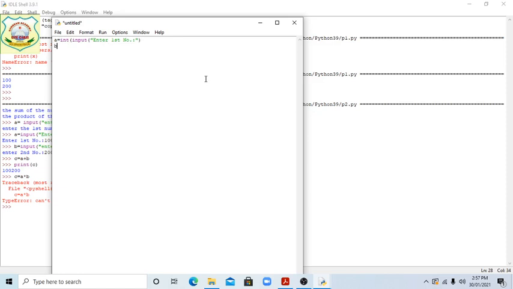Then b equal, similar. Enter input, enter second number, there should be quotation signs. Okay.